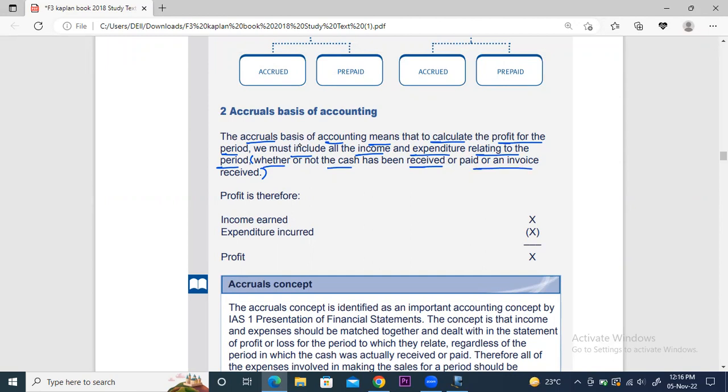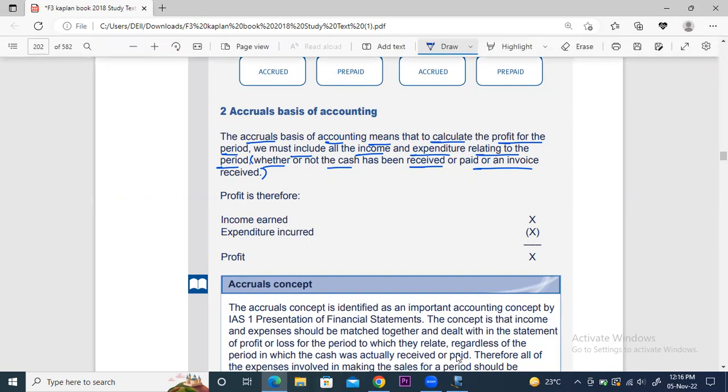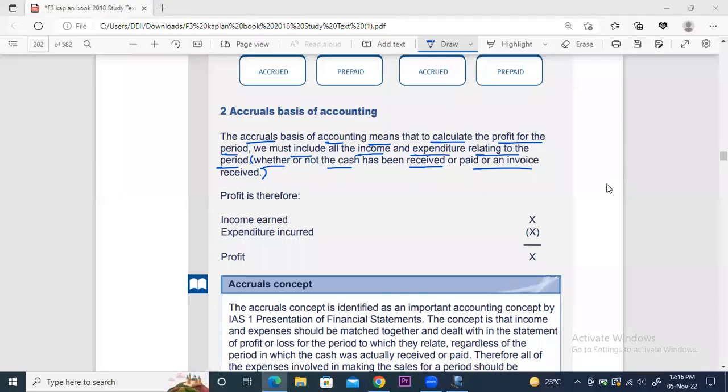So, there are two concepts. But we haven't done the statement of profit and loss yet, sir. And the financial statements we haven't completed still. We have done the statement of profit and loss and financial position, right, in the last week? No, sir. We kept saying we'll do it, but we haven't done it. We only finished the